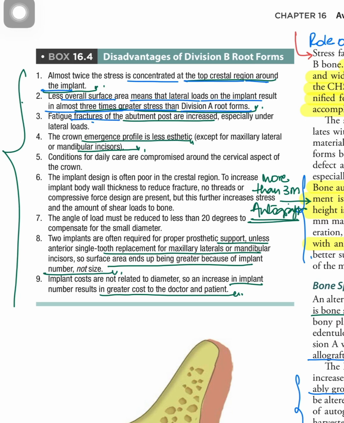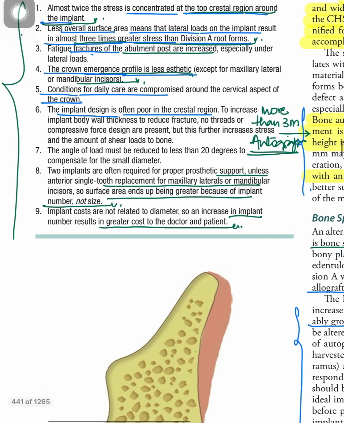Fatigue fractures, the crown emergence profile is less aesthetic, the maintenance and hygiene is compromised, the implant design is often poor in the crestal region. The angle of the load must be reduced to less than 20 degrees to compensate for the smaller diameter. And in most cases, you would need two implants to